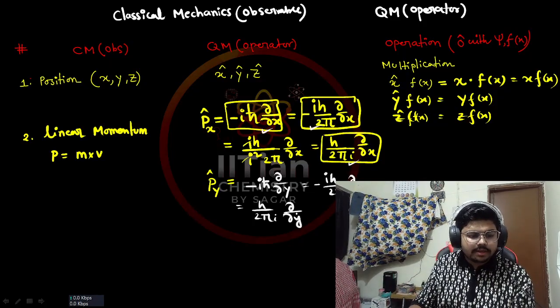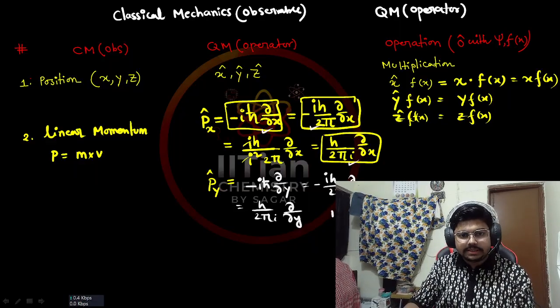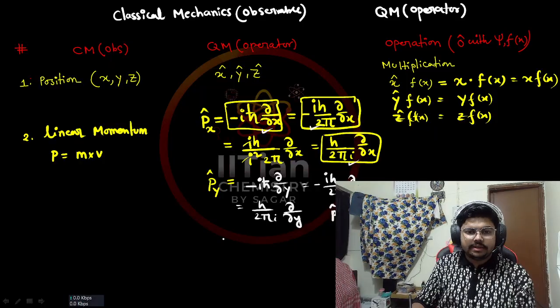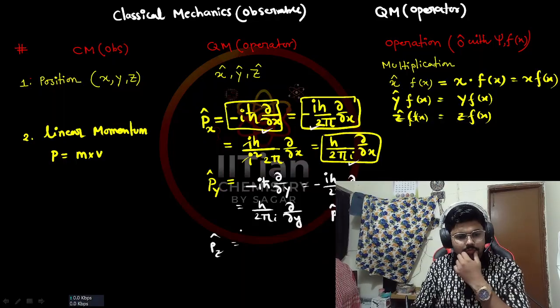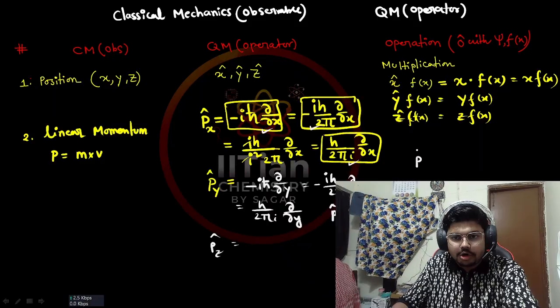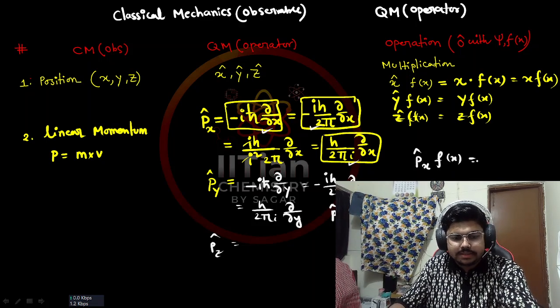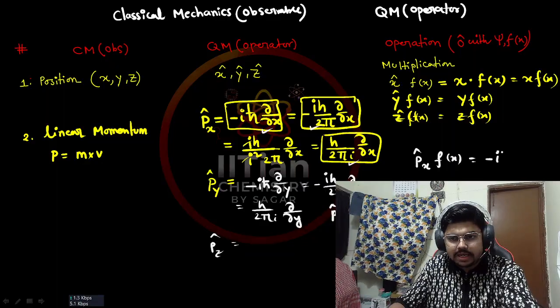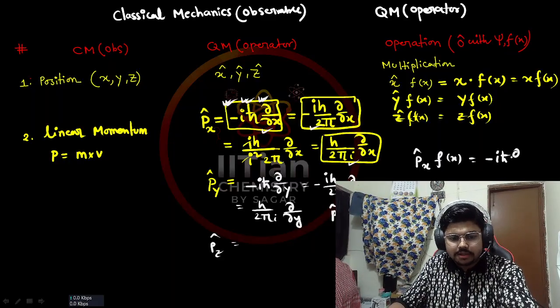This is basically py. Okay, now you can write pz by yourself. Write pz here by yourself and complete it. How does the operator work? If I take the example of px, when it operates on f of x, we have to write minus i h cross. I am just writing the first one, mostly you will be using this. h cross del x